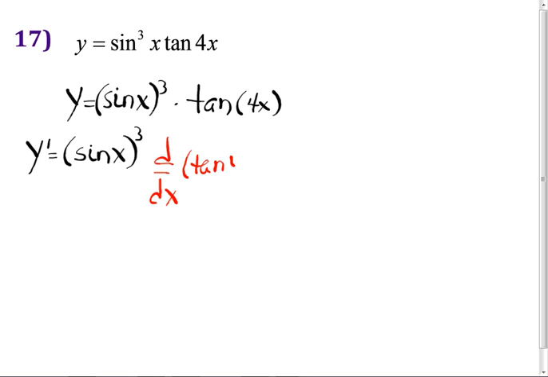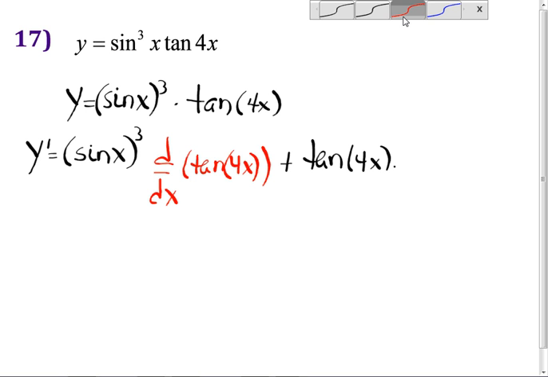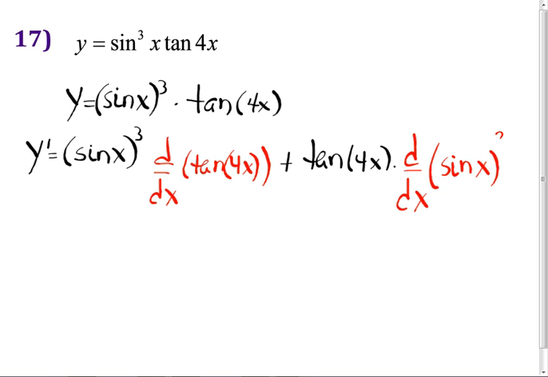And this is the tangent of 4x, right? Because I said, oh, I don't need that. But obviously I did. Plus the tangent of 4x times the derivative of the first. I haven't done it yet. First I used the product rule. Now I'm going to use the chain rule because this is a composite function and that's a composite function. You have to do the product rule first. Can't do the chain rule yet because the only way to do a product is to take the first times the derivative of the second plus the second times the derivative of the first. Okay, so y prime